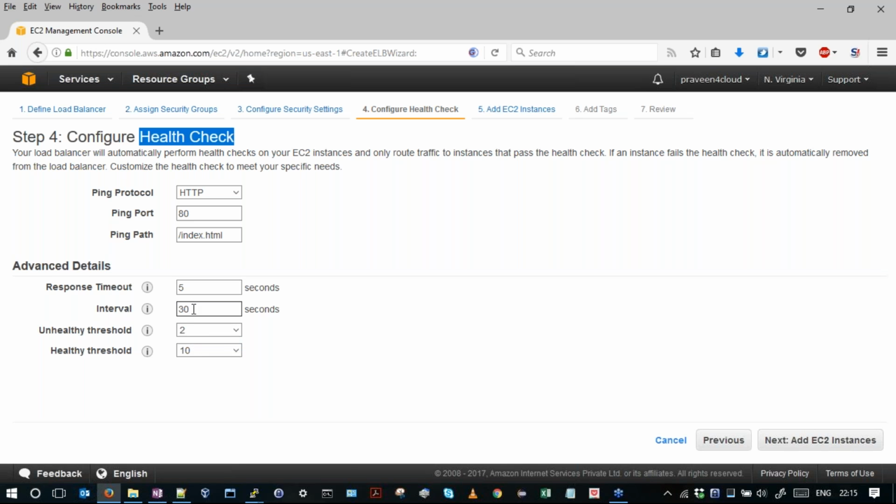Here the interval is 30 seconds. So it will check every 30 seconds to figure out whether the web server is up and running or down. I'll make it less, otherwise we have to wait for 30 seconds. Let me make it 5 seconds.